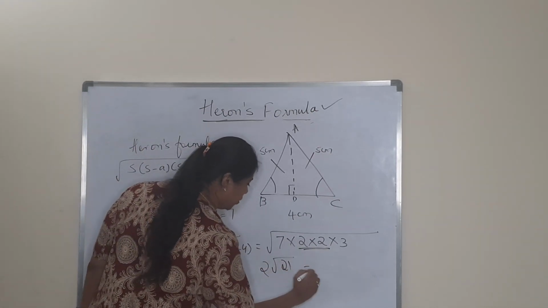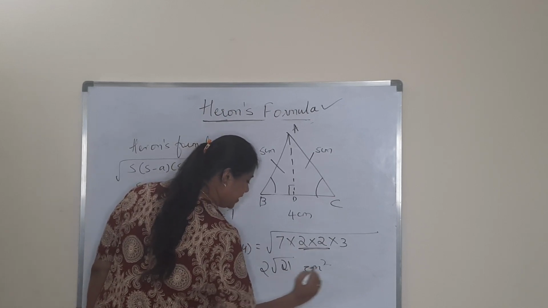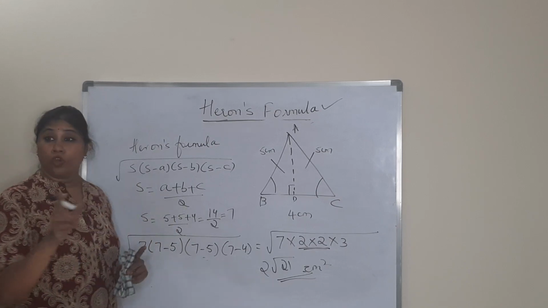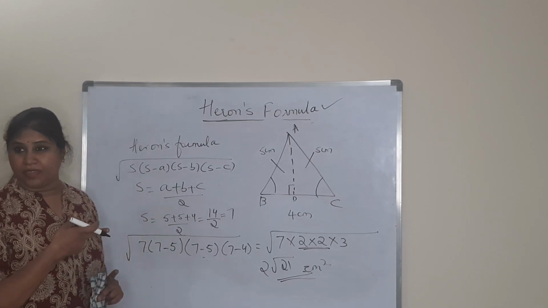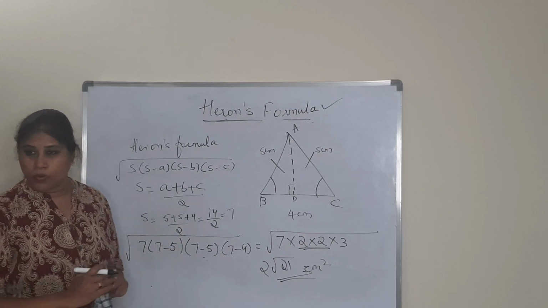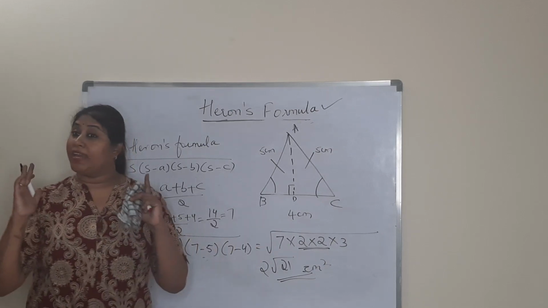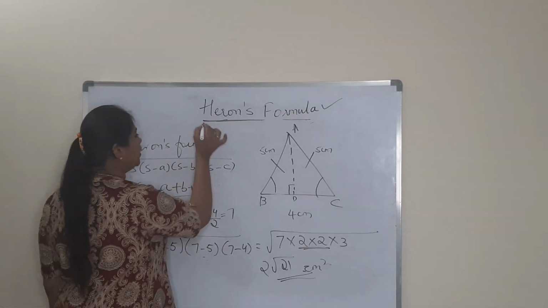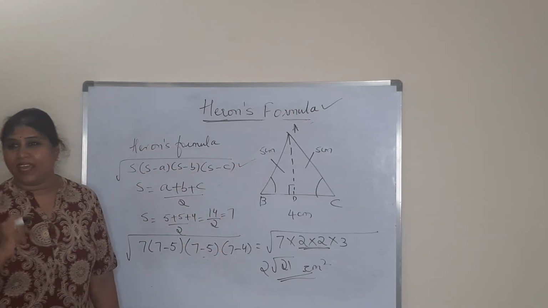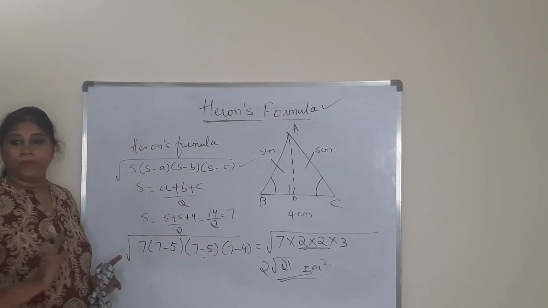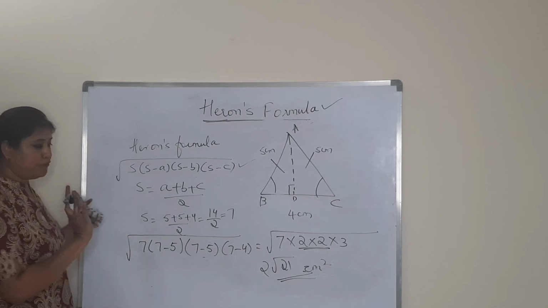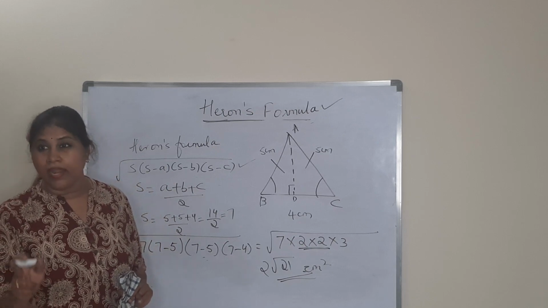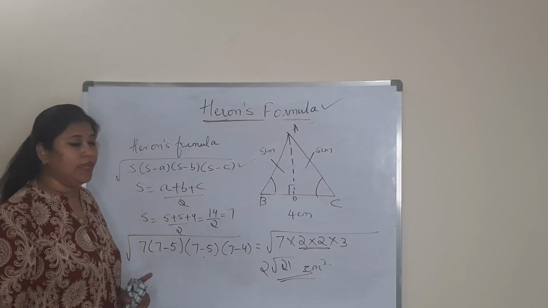21. Okay. So now you see, 2 root 21 centimeter square is the area of the triangle. So previously also, without using the formula, you got the same thing, right? Yes, ma'am. 2 root 21 centimeter square. Now also 2 root 21 centimeter square came, but in a very simple way, because Heron gave us this formula, is it not? So we have finished how to calculate the area using Heron's formula when sides are given and height is not given. Okay guys, understood?